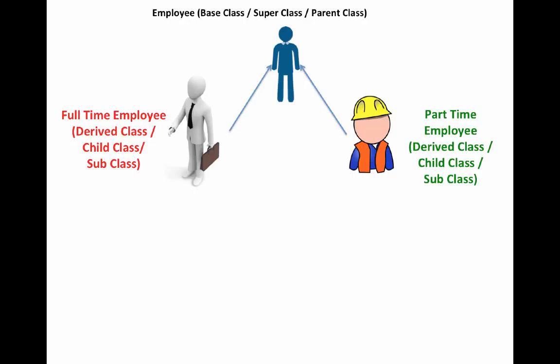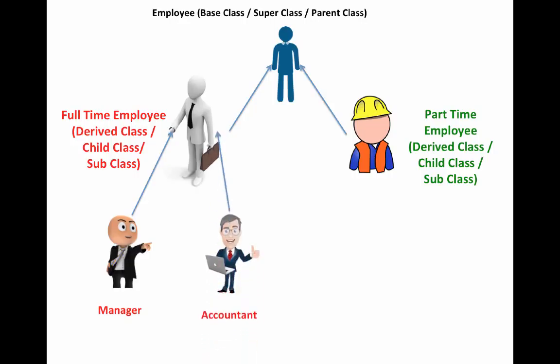And we could also create a class from the derived classes. So if we do that, then for the new class, the derived class would be the base. For example, we could create a class called manager, which could be derived from full-time employee. We could create a class called accountant, which is derived from